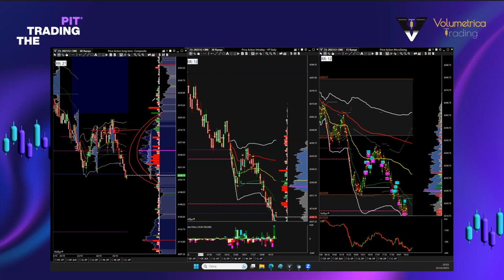That's the composite profile taking 350 days, so definitely a longer-term volume profile. And we had the failure of breaking these two swing highs, those previous swing highs,